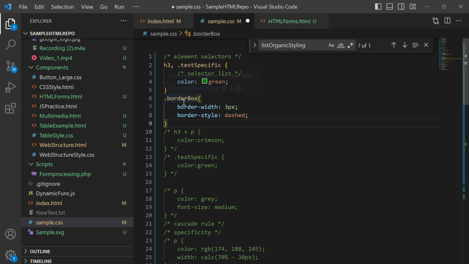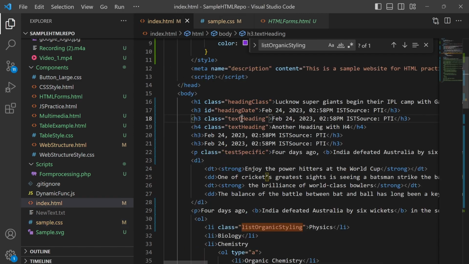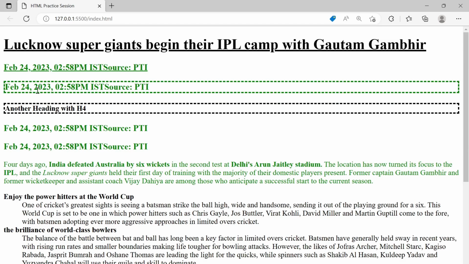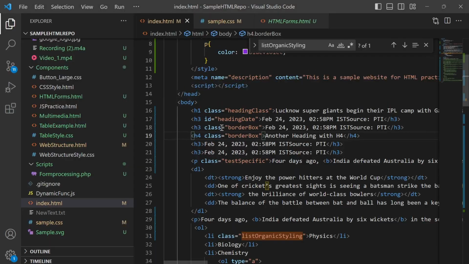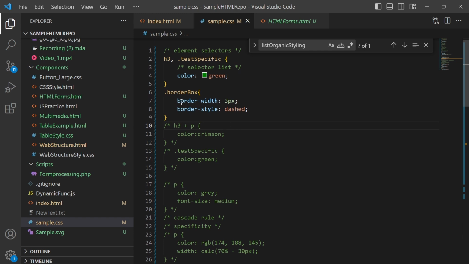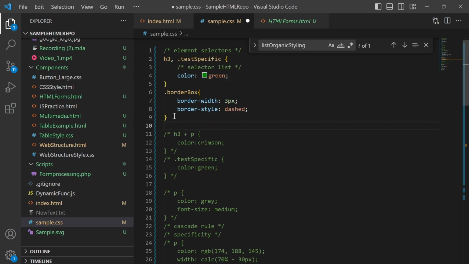Okay, now I will just give this thing here. Fine. Okay, so we have the border to both the elements, with green and with black. So they are using their own colors. We haven't given any color to the border, so it is inheriting the color which is given here. Okay, so now what I will do,